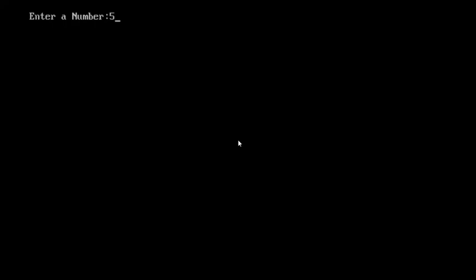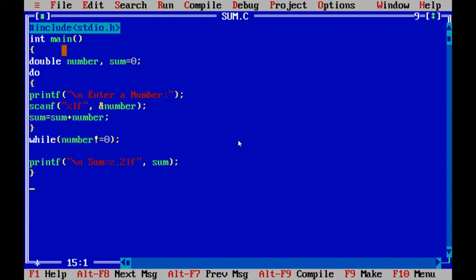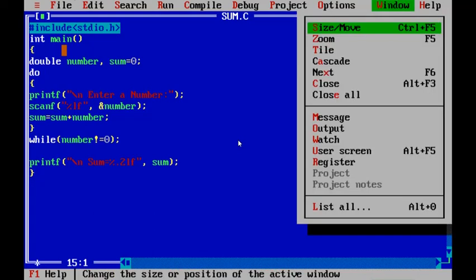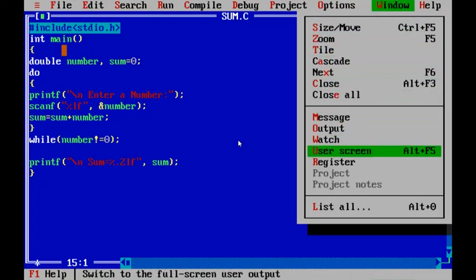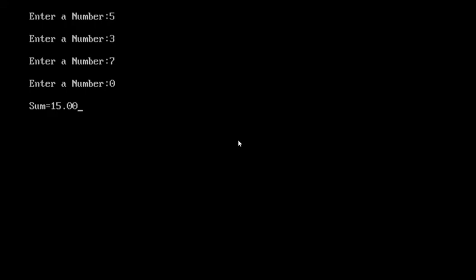I entered 5. Enter a number, 3. Enter a number, 7. Enter a number. If you want to complete the summation, the last option is you must enter 0. Then it will quit the program. Enter. Now to see the output on the user screen, you will find 15.